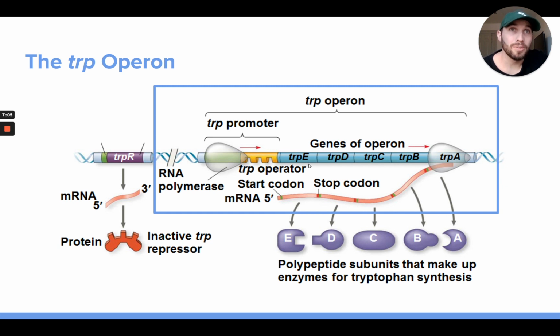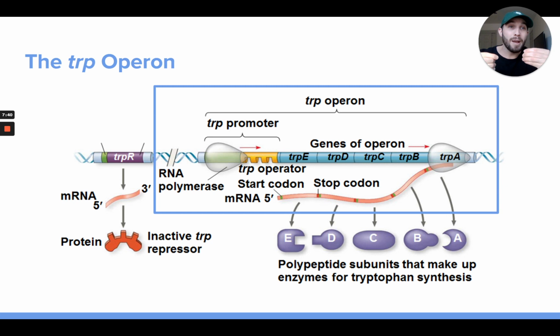And one reason why this is super beneficial is because these genes work together. So these genes are ultimately producing proteins that work together to accomplish some overall goal, which in this case is to build tryptophan, to form the metabolic pathway that builds tryptophan. And part of gene regulation is not just controlling which genes are being used, but it's also the process of coordinating the expression of certain genes together, so that sometimes when you need